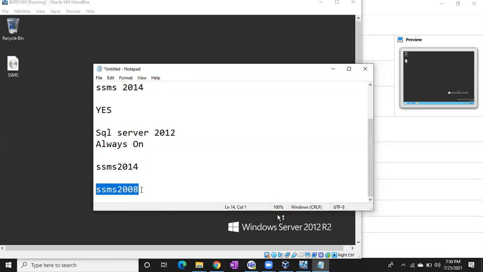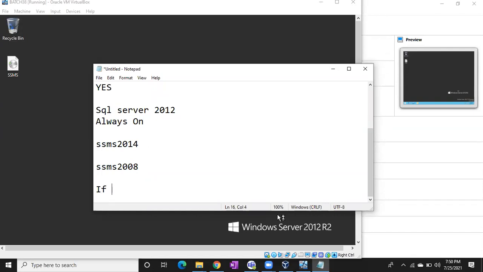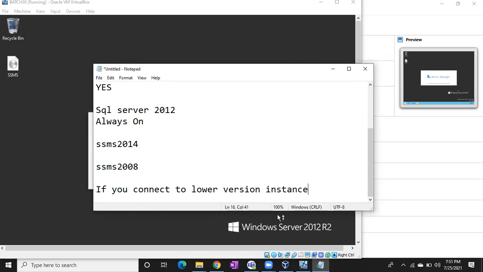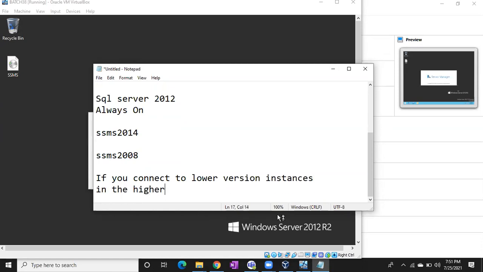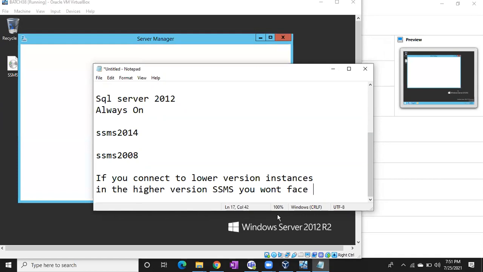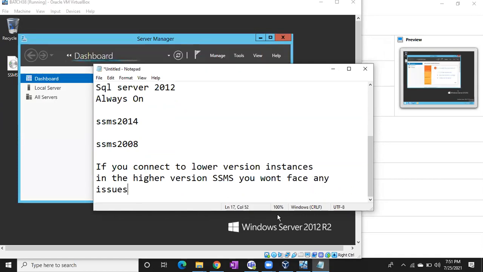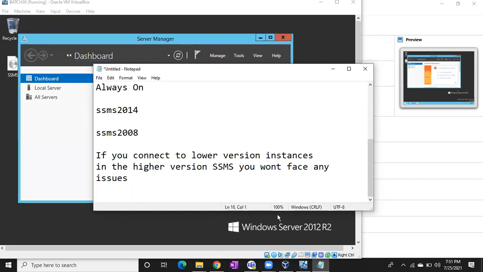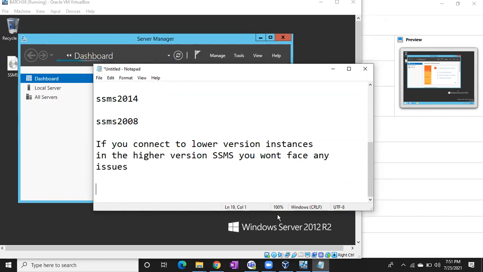Again, if you connect to the lower version instances in the higher version Management Studio, you won't face any issues. You can see all the features, every feature will work fine.